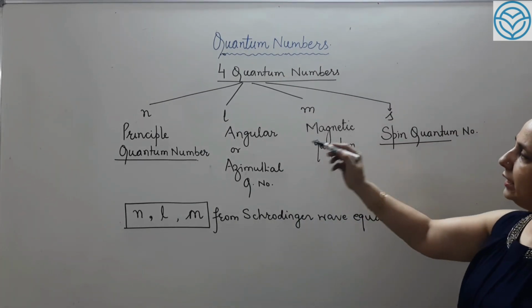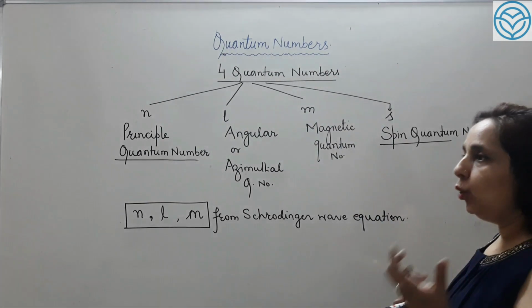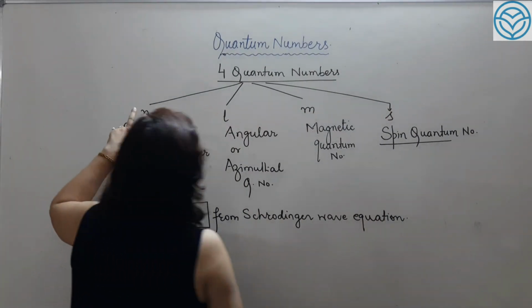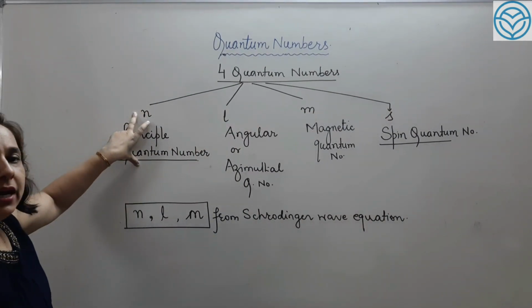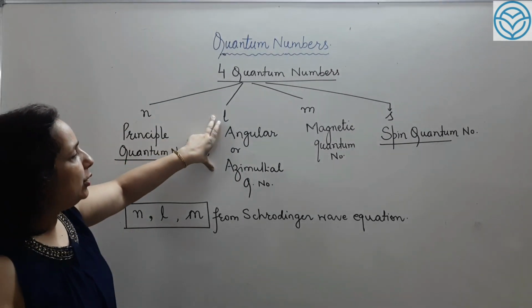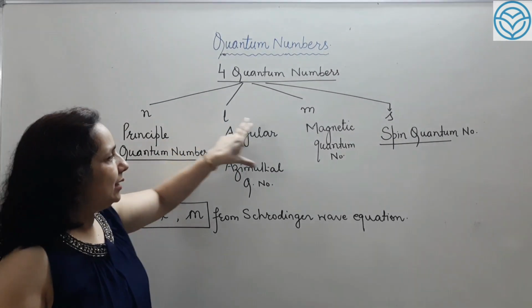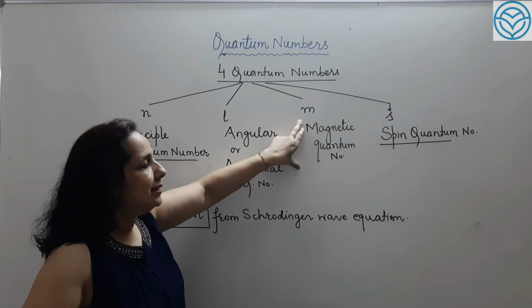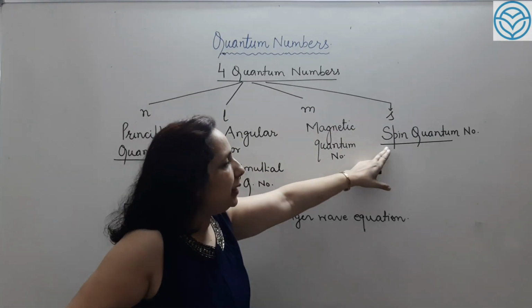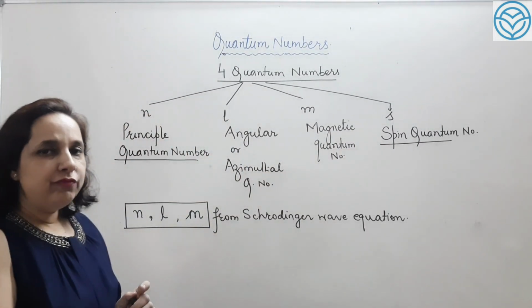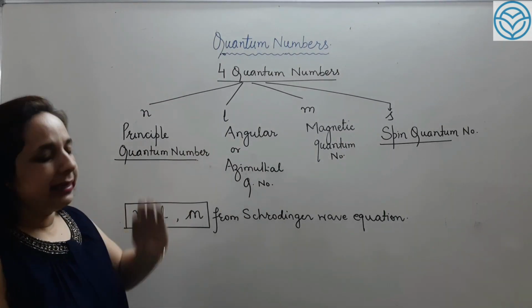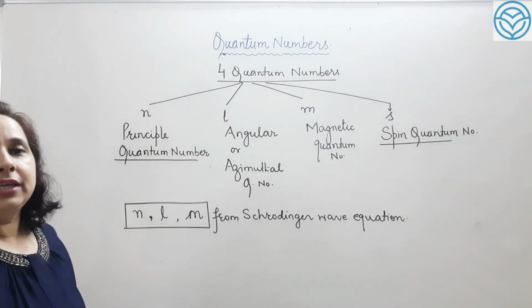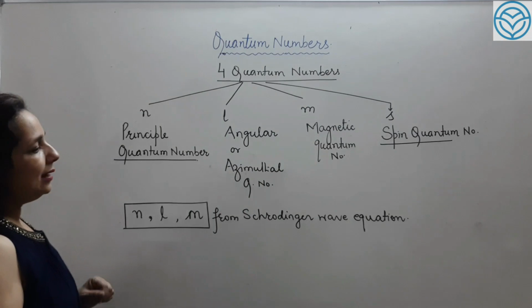Now one by one we can understand these quantum numbers and we can locate the electron in an atom. N is going to give us an idea about the shell. L is going to give us an idea about the subshell, M is going to give us an idea about the orbital, and then the spin of the electron. Now one by one we must be clear about each quantum number in detail so that we can understand the location of the electron in an atom.